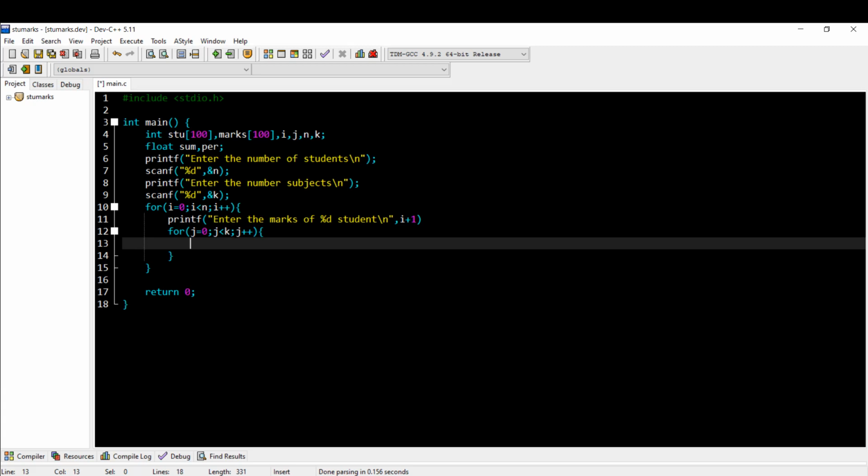Then after that, printf("enter the marks of subject %d", j plus 1);